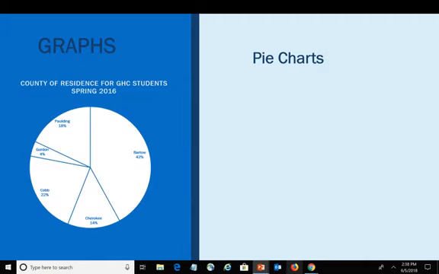The second type of graph that we can use with categorical or qualitative data is a pie chart. And again, the example on the screen is for the data of the county of residence for GHC students in spring 2016. Each piece or each